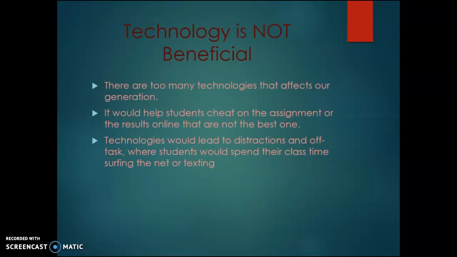And why is it not beneficial at this time is that there are too many technologies that affect our generation. It would help students cheat on the assignment or use results online that are not the best ones. So for instance,